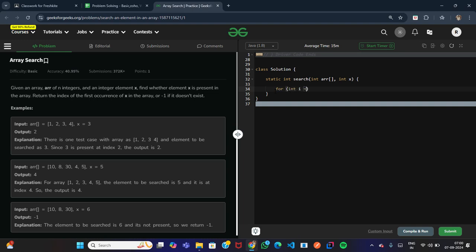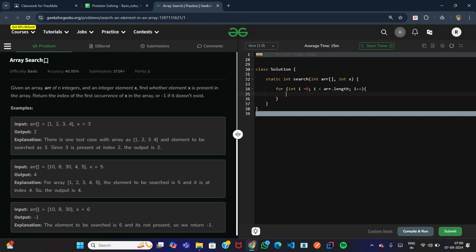int i = 0; i < array.length; i++. A single for loop, checking whether x is present in the array or not.